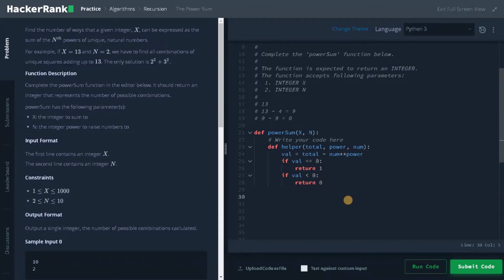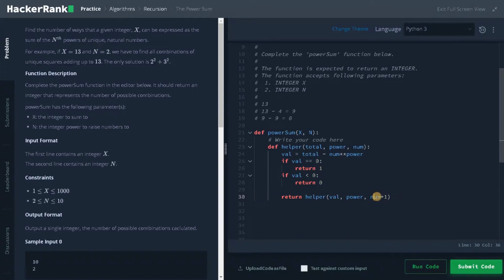Finally, we have to call the functions continuously for all the combinations. So for that, return helper of value, power and num plus 1. Num plus 1 means we are trying out a new combination. This is the updated value and this is the next number.